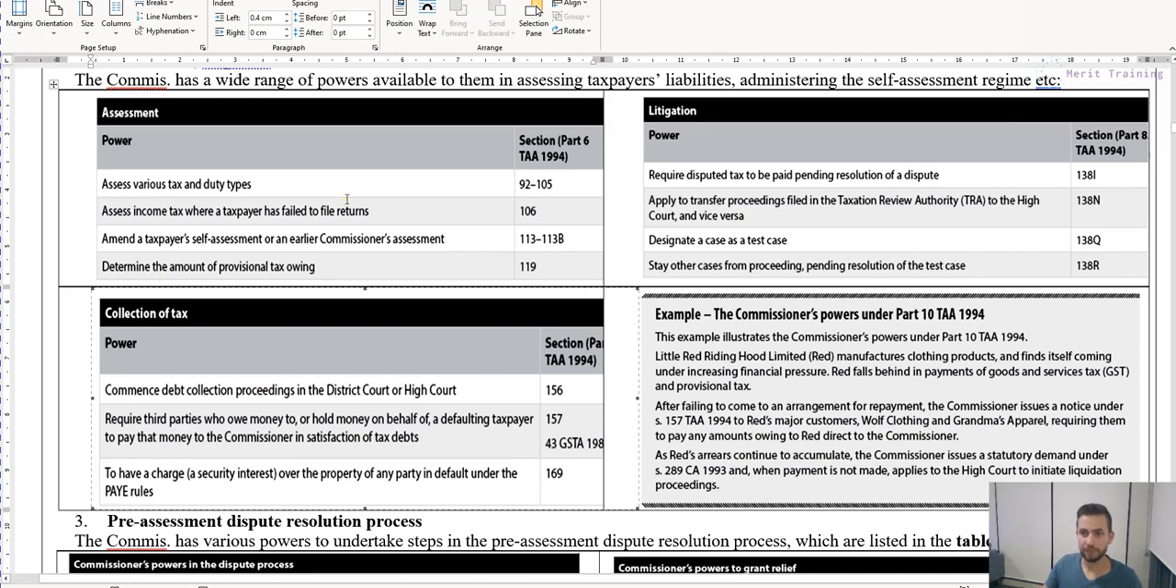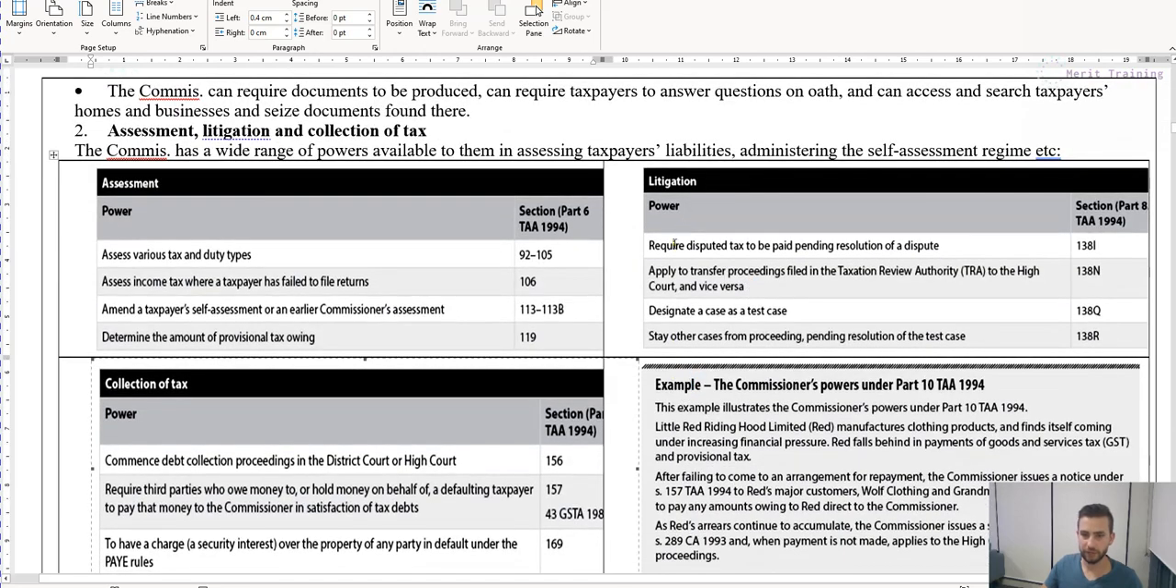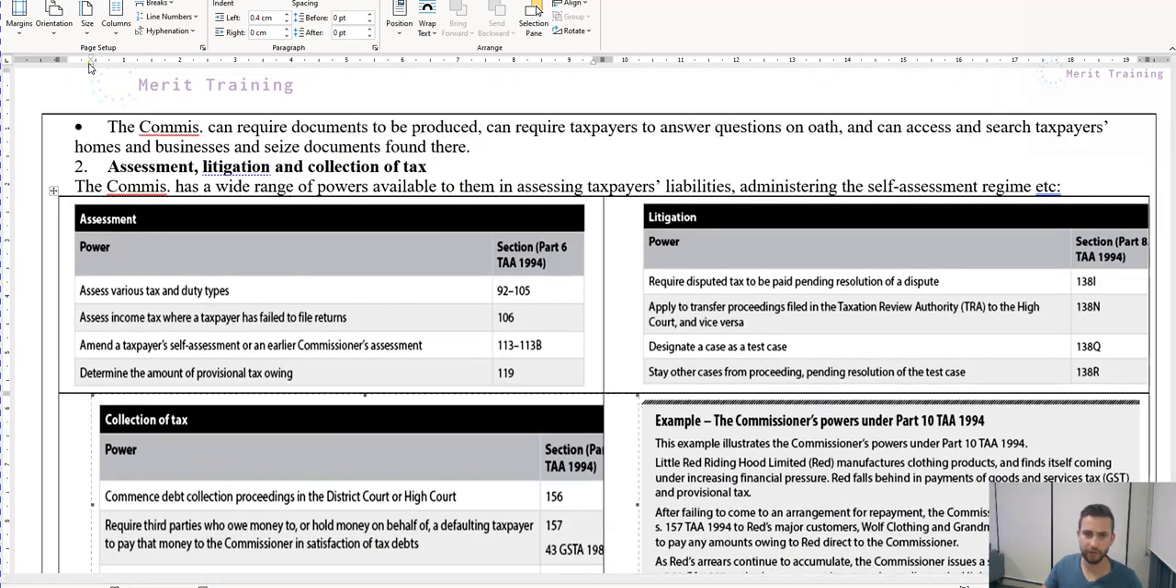And then finally, litigation, which is the final category within this number 2 point. The powers of the Commissioner in this category include requiring disputed tax to be paid pending resolution of dispute. So they don't even need to have a conclusion on a certain tax dispute. Let's say that someone's taking them to court, or got an arbitrator to help them decide on an outcome for a certain dispute on a vague tax law. The tax commissioner can say, look,